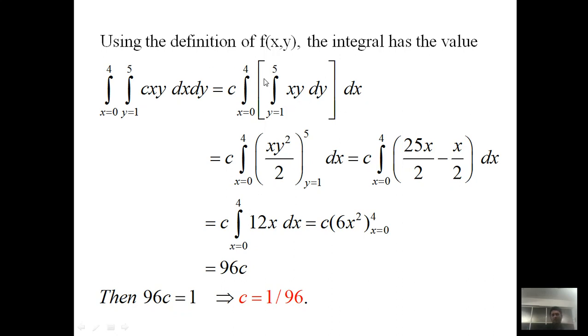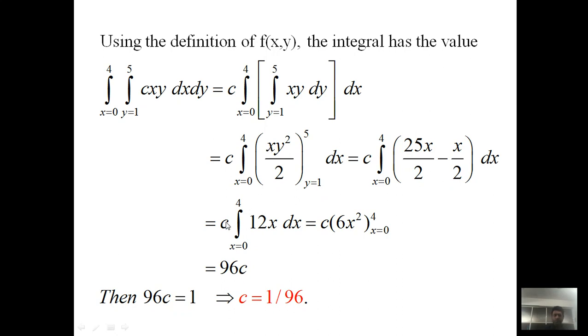Right now we have to use the simple concept of calculus, which we study in double integrals. So c is as it is. Now the outer limit is as it is, so x is 0 to 4 and the dx is as it is. We have to just integrate with respect to y. So x is as it is, and now the integration of y is y square by 2. Lower limit is 1, upper limit is 5. By plugging in the upper limit we get 25x, minus, plugging in the lower limit 1, 1 square is 1, so it's just x by 2.